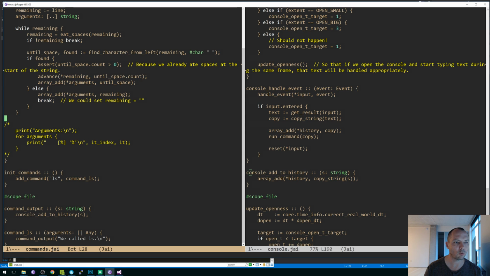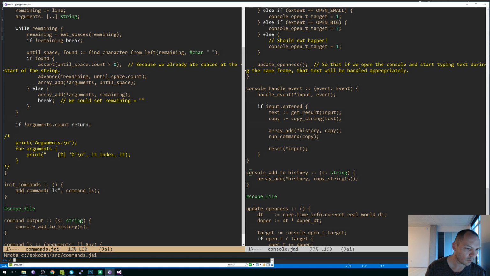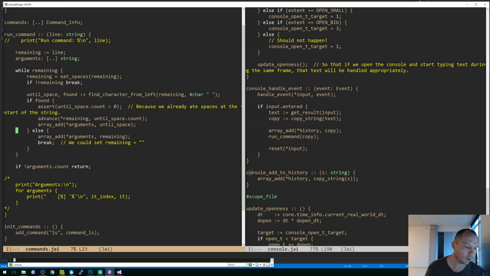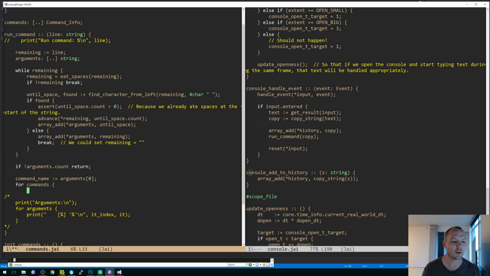And here's what we're going to do. If there are no arguments, so the reason I'm making it an array of any, I mean, I could use varargs, but why? It doesn't matter in this case. Varargs is for when you want to literally type a different number of arguments into the program text, which is not the case that we have. We've put this stuff into an array. So the command name is arguments of 0, and we're going to say for commands, if command name is equal to it.name, then